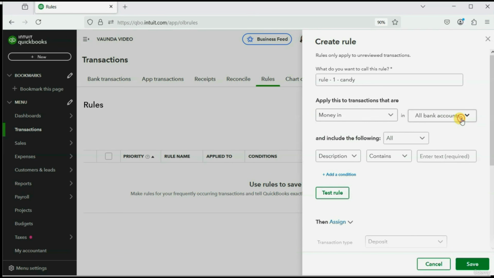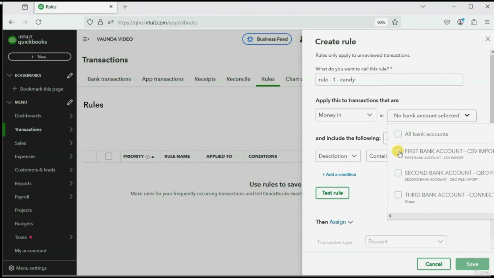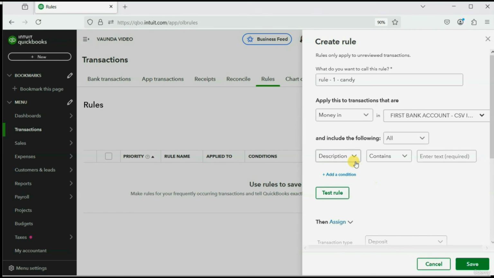Do you want it to apply to all of the bank accounts or the specific bank account that we're working on? Let's apply it to just this specific, well, hold on, remove this and choose only the bank account we're working on. And if the description contains exactly this,